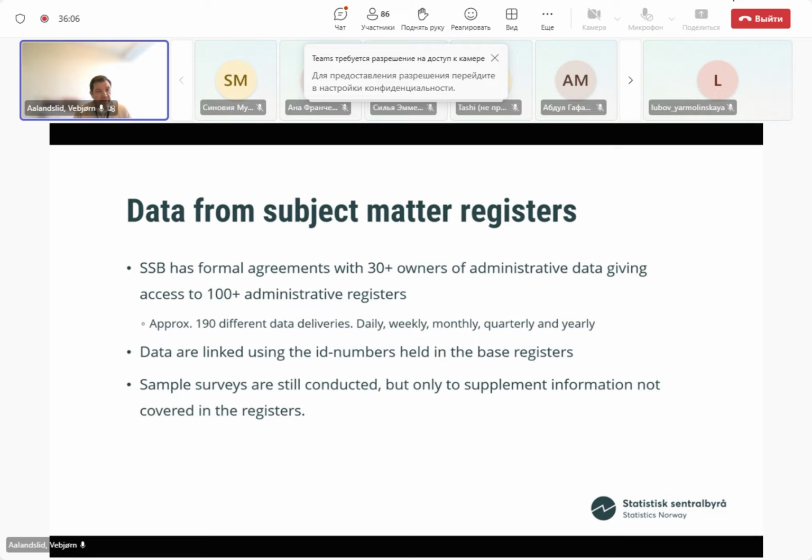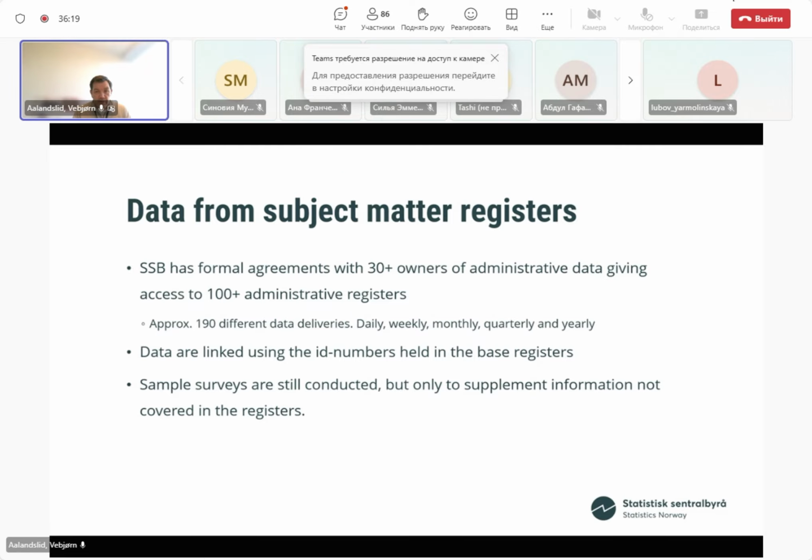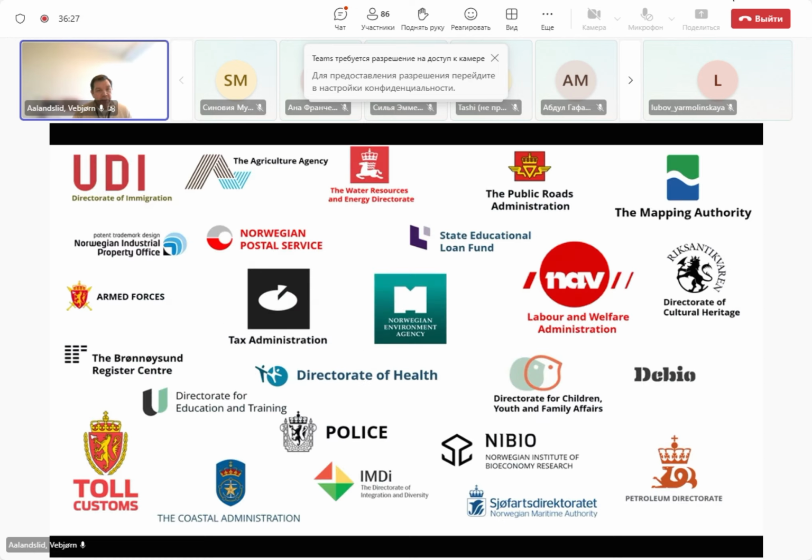Data are linked using the ID numbers held in the base registers: the ID numbers on persons, on businesses, and on addresses. We still have some sample surveys, but we only use these to supplement the information that is not already covered in the registers. And I have here a slide that shows